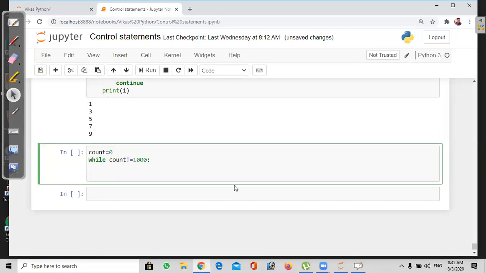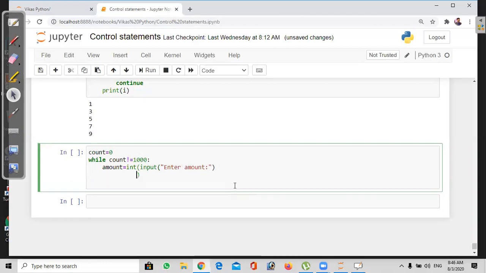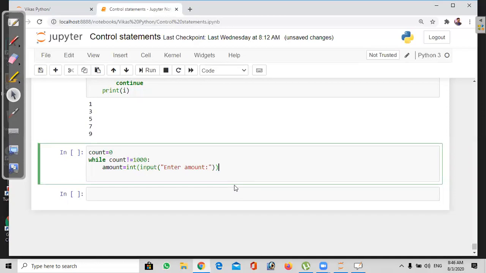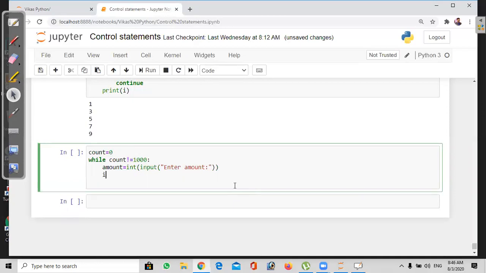So when count is not equal to 1000, it will continue. To take, not equal to, less than 1000, or just not equal to 1000? Just not equal to, less. If